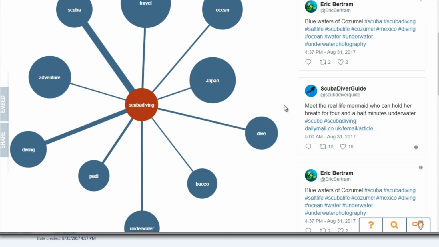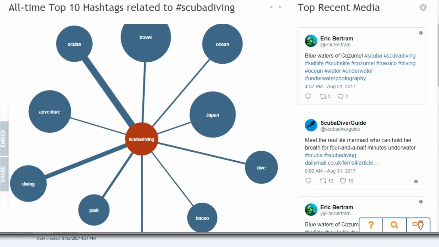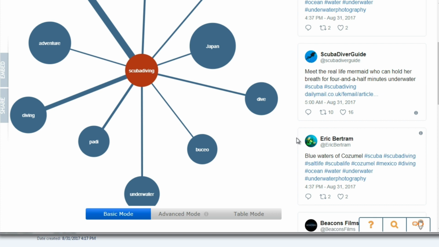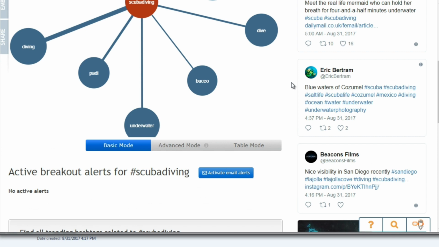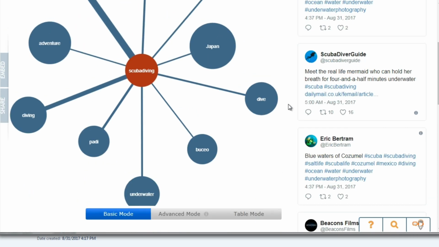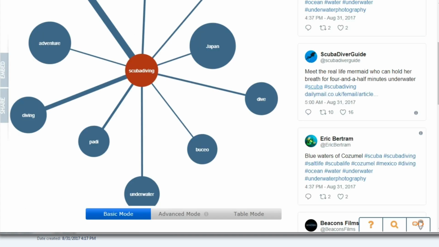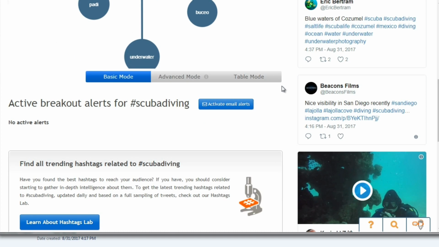So these are good. And to the right here, you can see this is taken from Twitter. But think about it, we can see that these are the top ones, right? So if they're the top ones, you can simply come here and grab these hashtags and use them for yourself. This allows you to find hashtags that are getting traffic. We could type scuba and look under Twitter and see what's going on, but this basically just gives us an idea of what different hashtags you could potentially use.